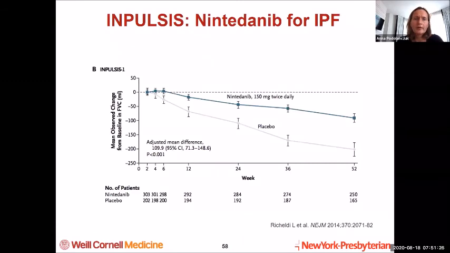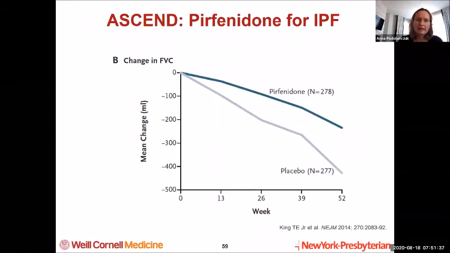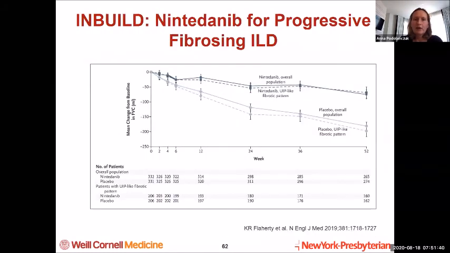There are a few other trials that I'll probably skip to, but the bottom line is that in the last few years, we now have antifibrotic therapy for IPF. There's the ASCEND study, and now last year, the INBUILD trial came out, and this is Nintedanib for progressive fibrosing ILD. And so now we have antifibrotic therapy for both IPF, idiopathic pulmonary fibrosis, and other chronic progressive fibrosing interstitial lung diseases like hypersensitivity pneumonitis and fibrotic NSIP and autoimmune-related fibrotic